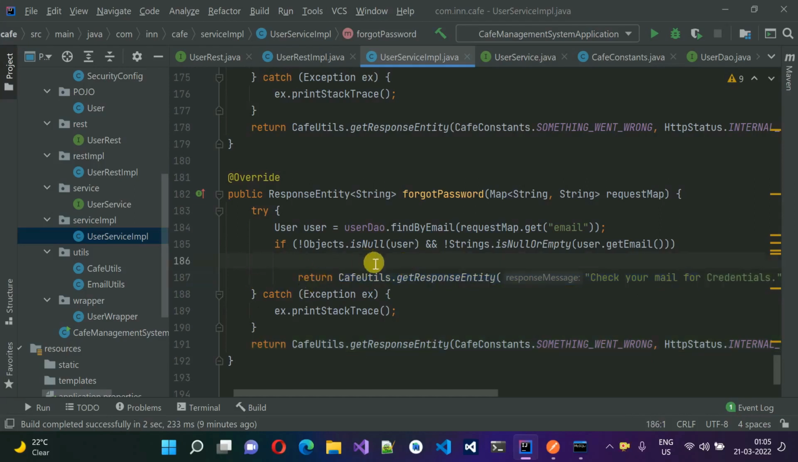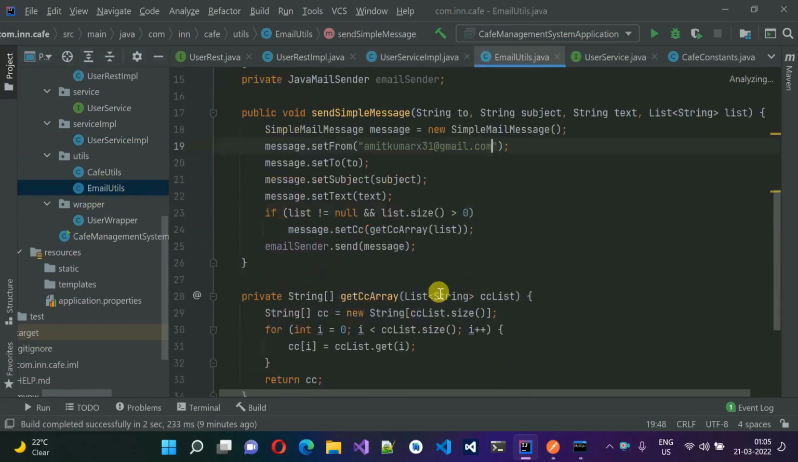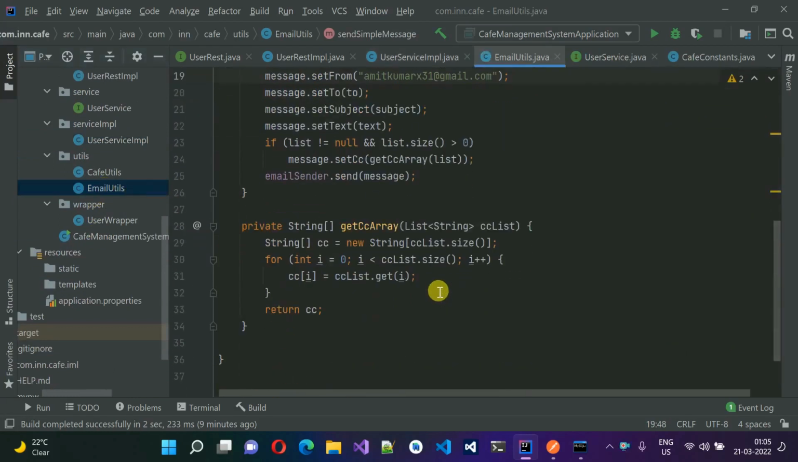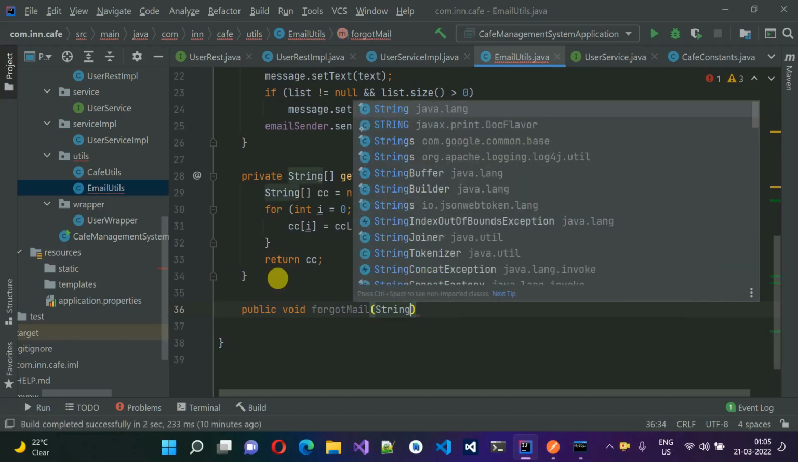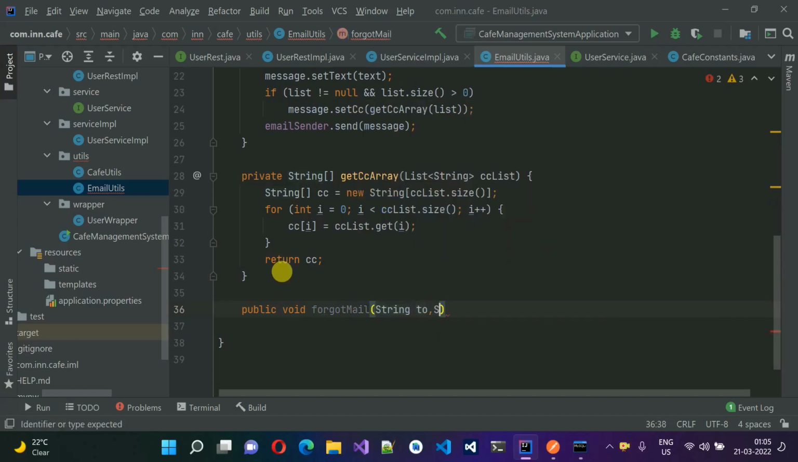So we have to write one more line of code over here inside the if block. This is not inside the if block, don't worry about that. So I'm going to write one more piece of code. If I go to this EmailUtils, here we have to write one method that actually sends the data. So here I'm going to write one public void forgetMail, and this expects a string to whom you want to send,